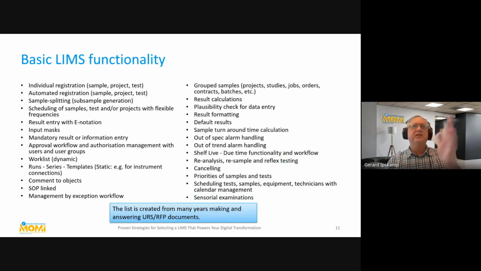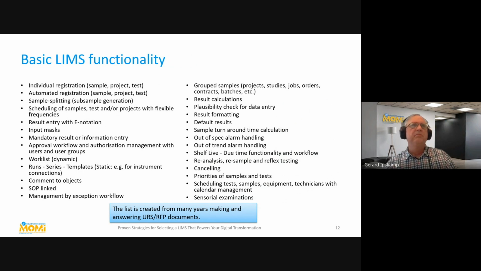For the basic functionality, I have here part of the list of functionalities that you can find there. That goes from input masks where you can only put in numbers or something like that, or mandatory results, or comments to objects, or shelf life, default results. Now, you get the PDF, so you can use this list for your own situation and see what is applicable and what not.